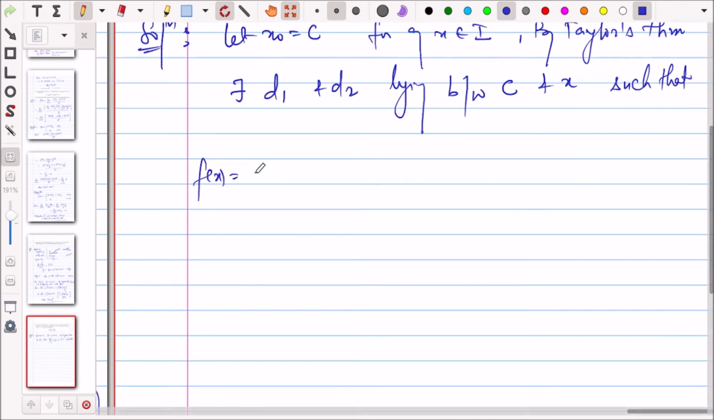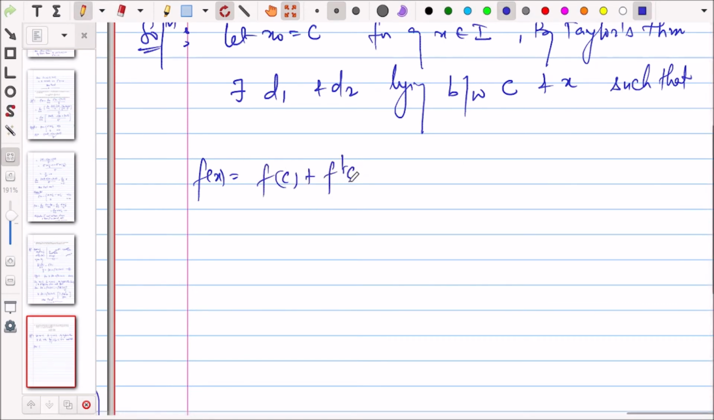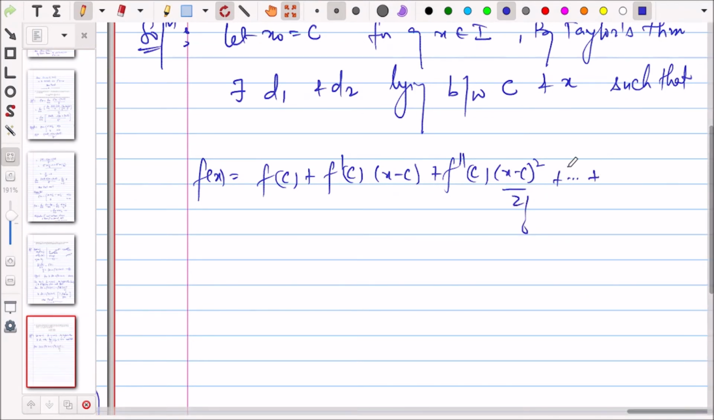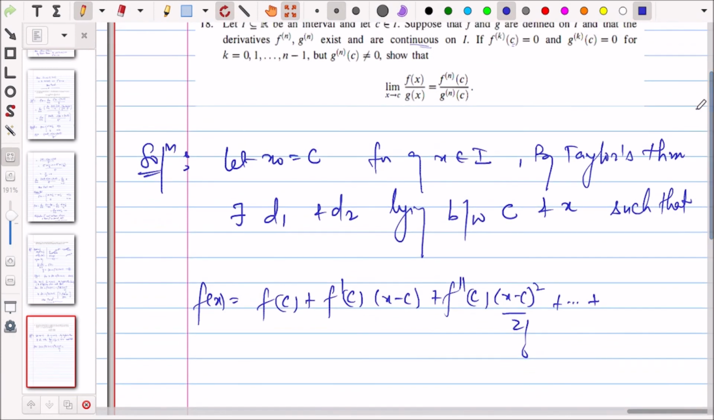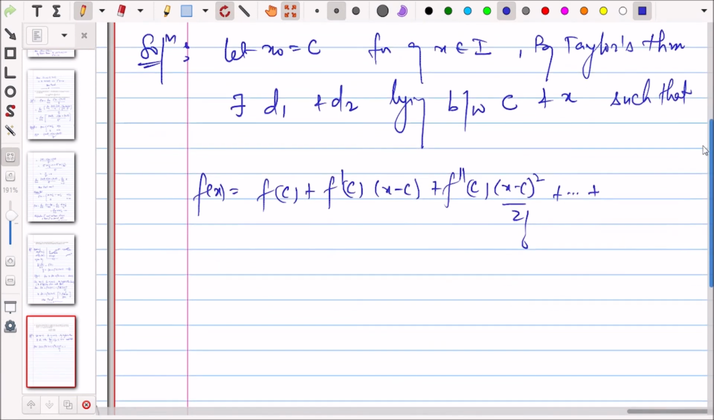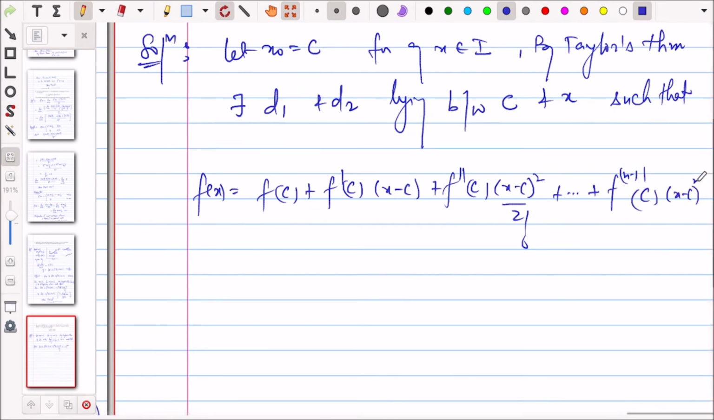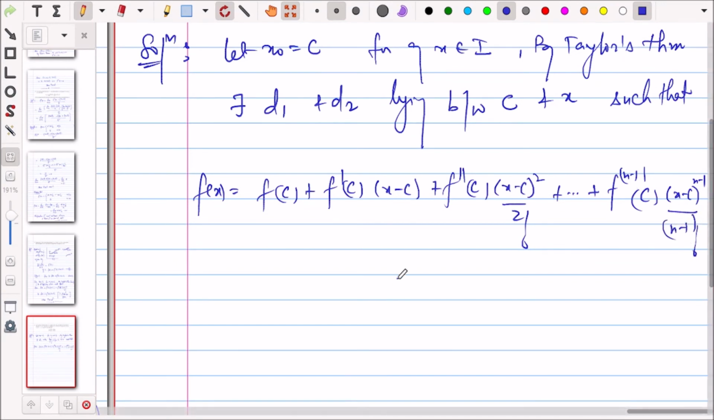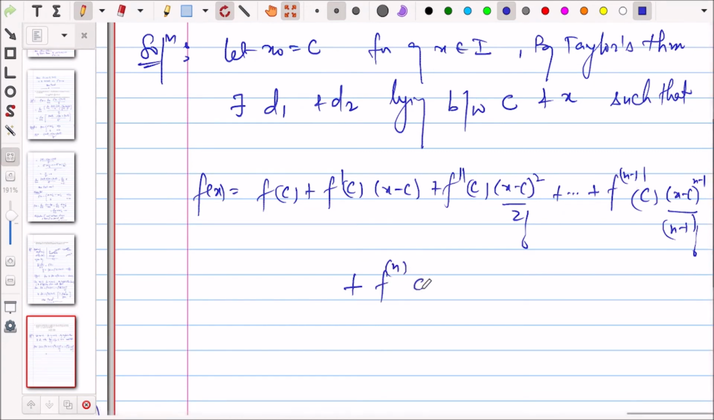f(x) is equal to f(c), because x naught is equal to c, plus f dash c (x minus c) plus f double dash c (x minus c) square by 2 factorial plus, so we will apply till n minus 1, and so on, f^(n-1)(c) (x minus c) to the power n minus 1 by n minus 1 factorial, and then the remainder after n terms, the R_n. So this is f^(n)(d1)